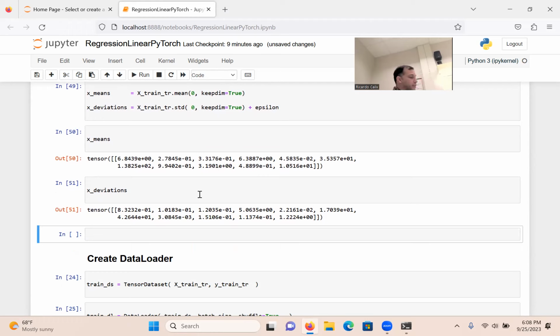Now, we could normalize the data outside, right? Like right here, I could normalize the data. However, we want to think about the fact that we are going to be deploying these models, right? Remember what I said? And this is a good moment for me to remind you,